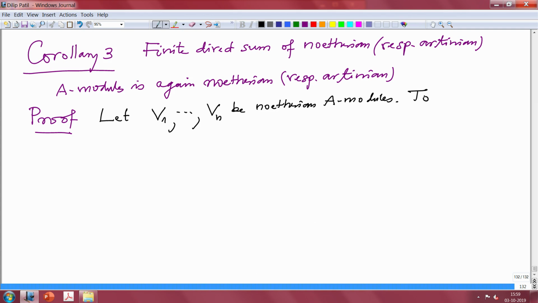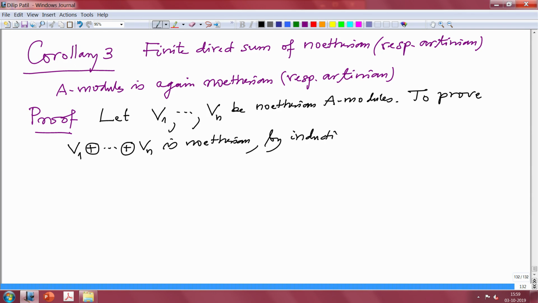To prove V1 direct sum ... Vn is Noetherian, by induction we may assume n equal to 2, for which we will use the fact that